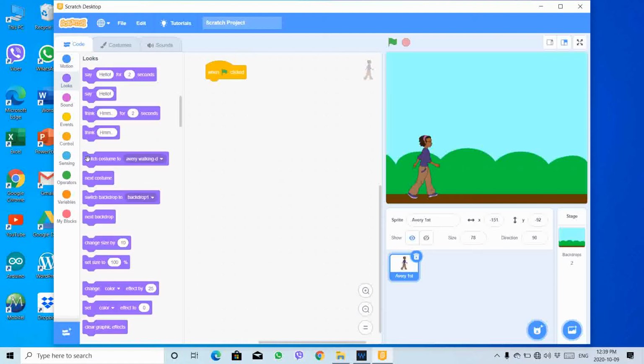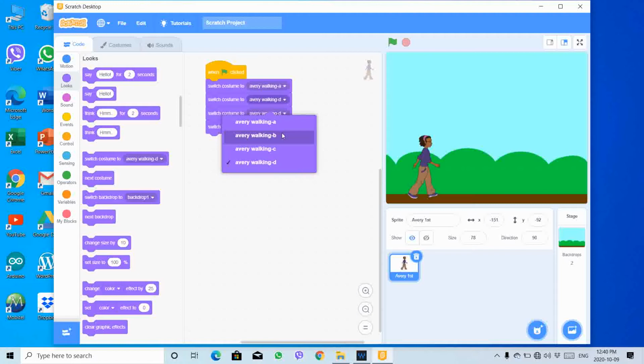So in the same position, I want to select this switch costume to Avery walk in D. Avery 1, 2, 3, A, B, C, and D. Then I'm clicking this flag icon,